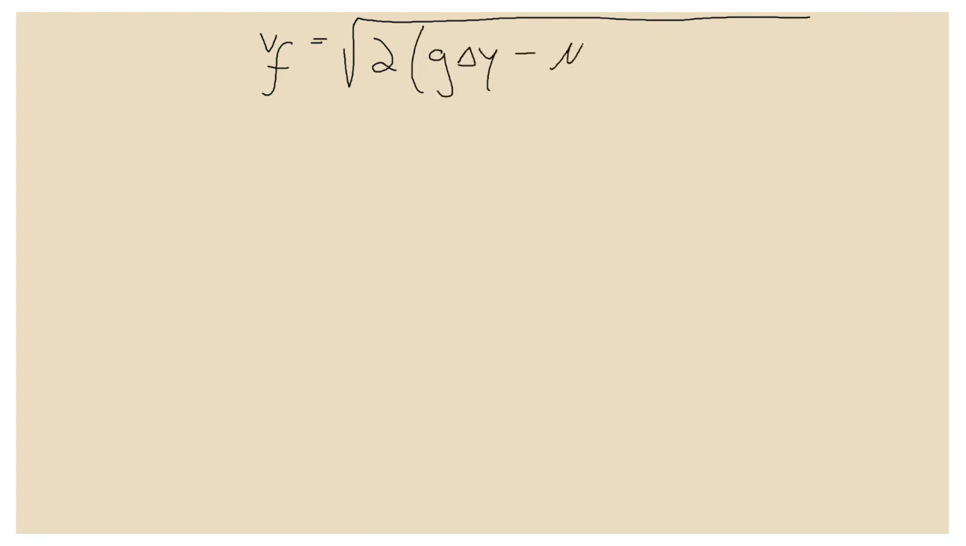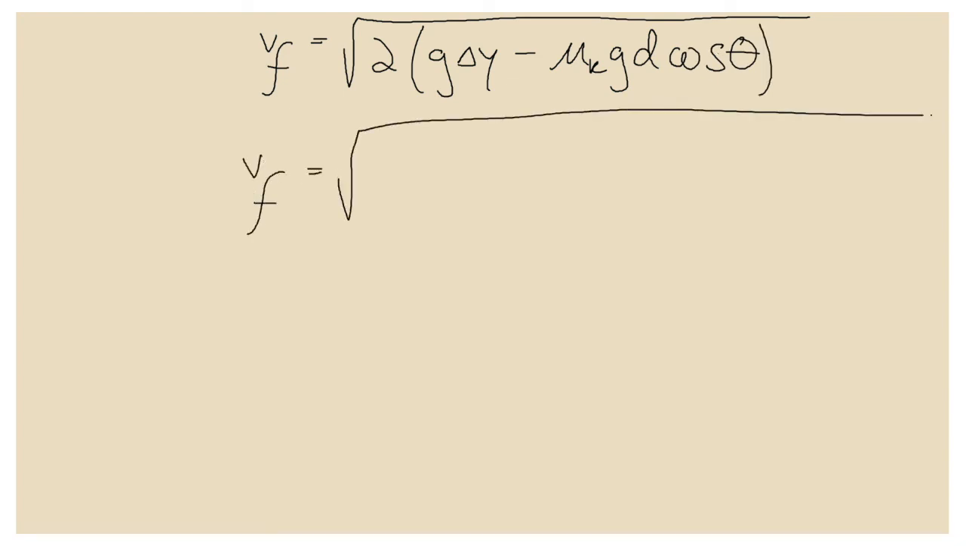And so we have the final velocity. Let's just go ahead and rewrite that equation. The final velocity is equal to the square root of 2 times the whole thing, g delta y, minus mu times g times d times the cosine of the angle. And so all we have to do here is plug in. So we have root 2 times 9.8 meters per second squared times y, which we calculated as 3.20 meters, minus,